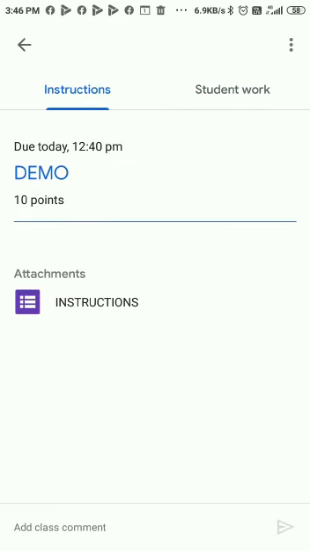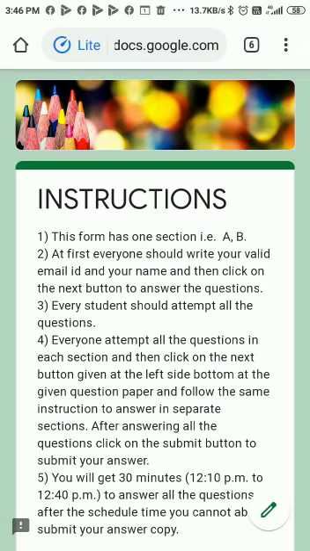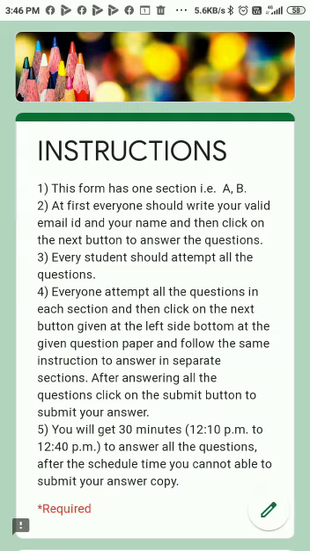Click on instructions. It is very important to read all the related information, all the important information related to your examination given at the first page of the Google form in instructions section.